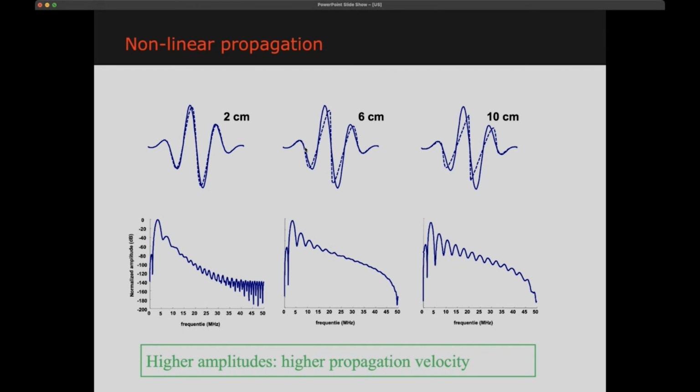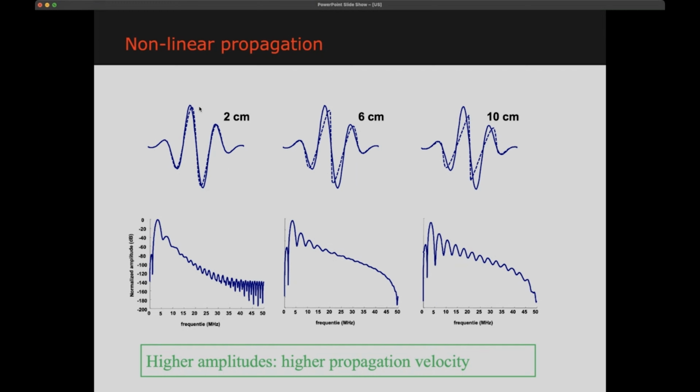And what we will see is that the deeper the ultrasound pulse goes into tissue, and this is actually propagation in water that is shown here, we see that this original shape changes, becomes more triangular, becomes less. It becomes less for two reasons: because of this harmonic conversion, so because of this nonlinear propagation, and of course also because of attenuation. In water, attenuation is not so important, and we will see that the nonlinear propagation is the most important